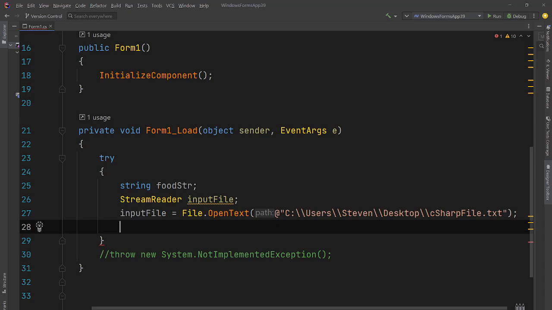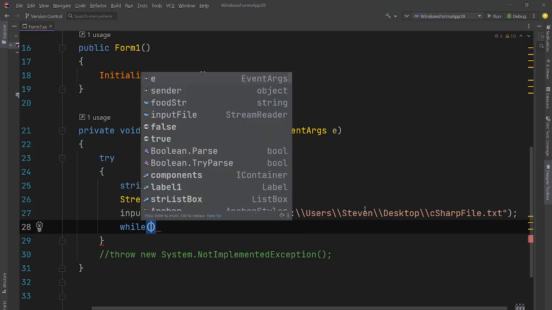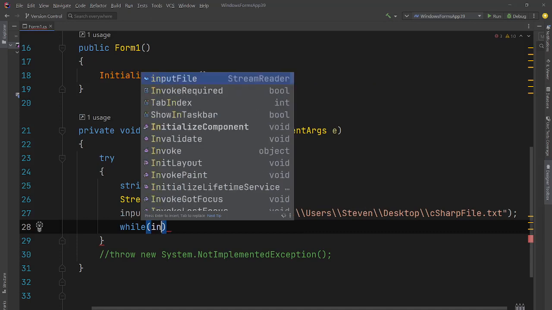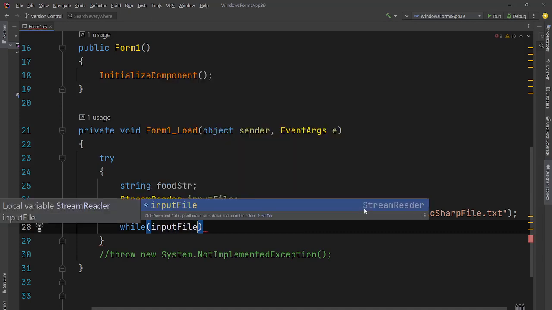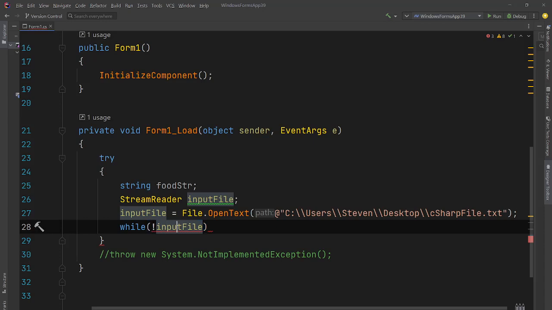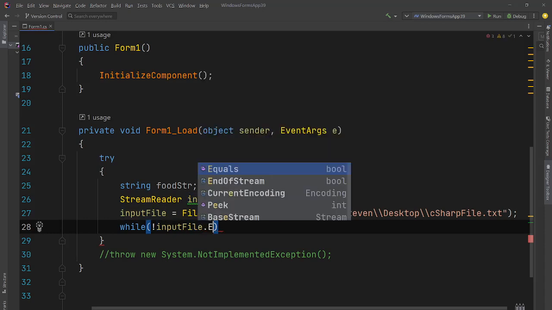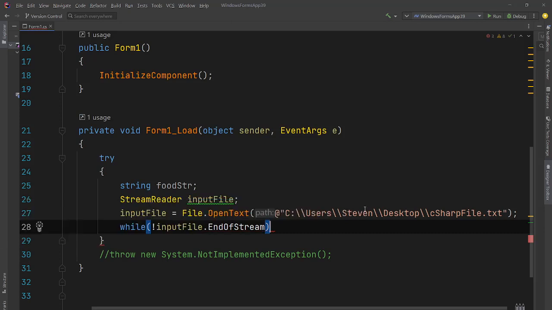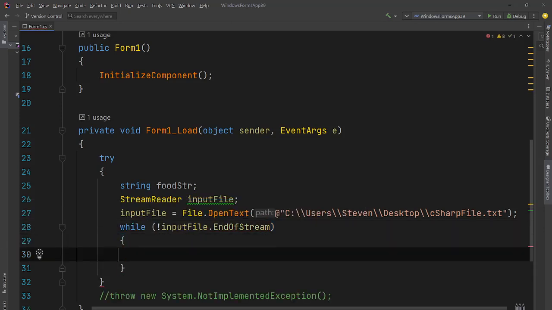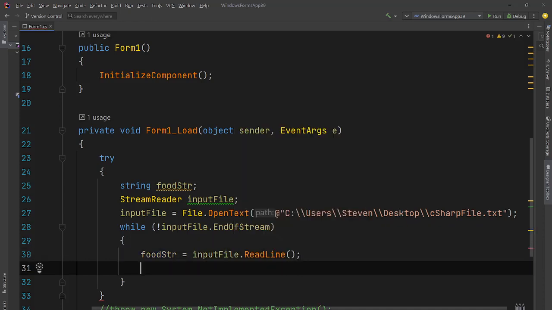So then here we'll say while input file does not equal end of stream. Basically, while there's still data in the file to process, we'll say that foodStr points to inputFile.ReadLine. So it's gonna get the first line in the text file, and it's gonna call the,